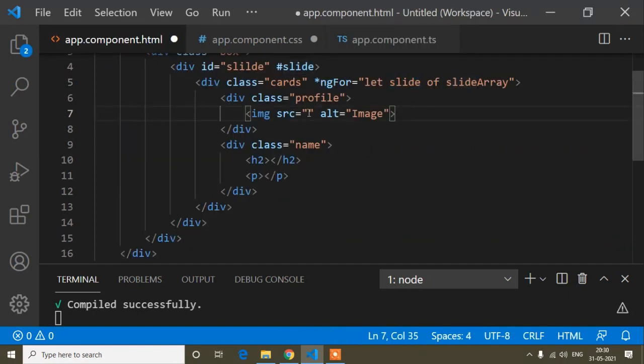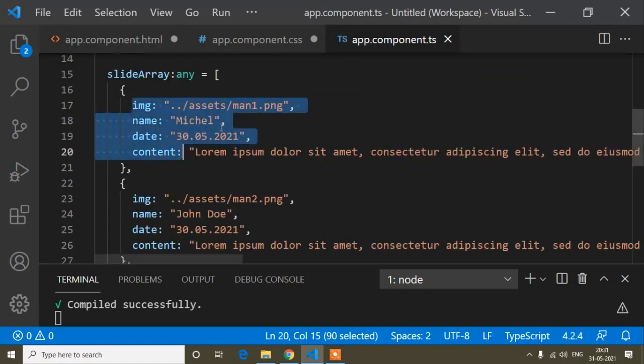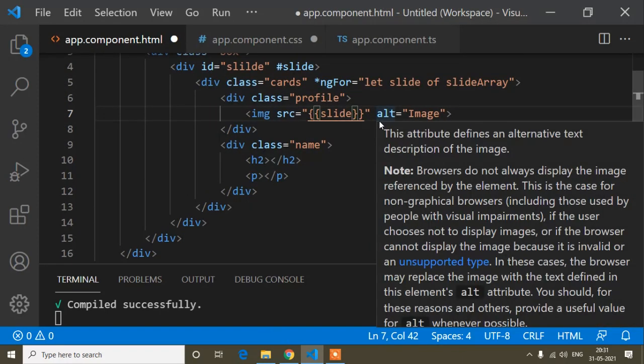So now how can I bind? Just using curly braces. That's called interpolation. Using curly braces I can bind all the object properties. So now I will copy this slide variable and paste here. Inside this image tag I want to bind this image, so I will write the property name, dot image.